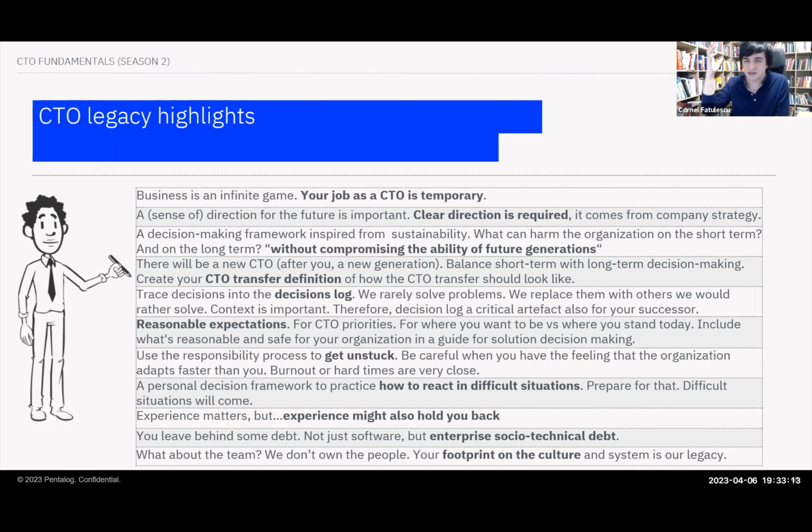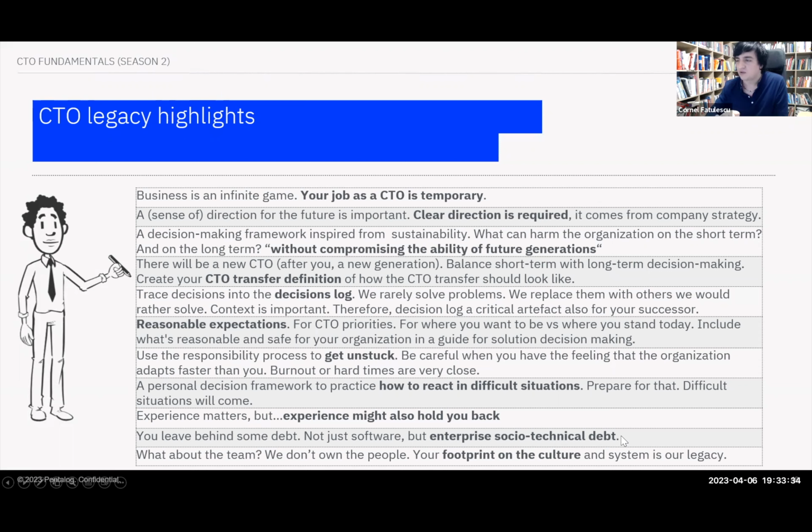Using an identity and access management for your product, you will not regret it in the future, or there is little chance. Coding that yourself, you will regret it. Yeah, and you leave behind some debt,